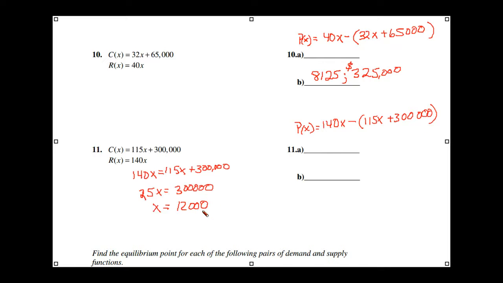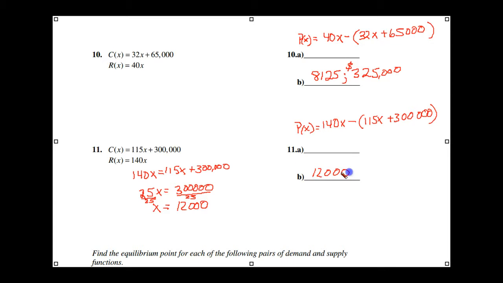So in following this one all the way through, there's our y equals y. We're going to subtract 115x from both sides. That gives us 25x. We divide both sides by 25. That'll give us